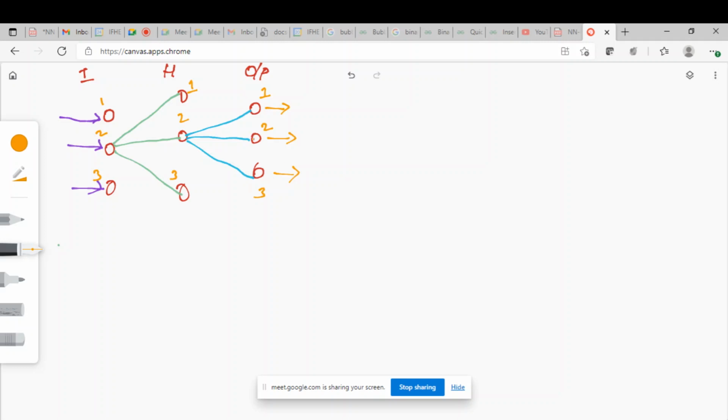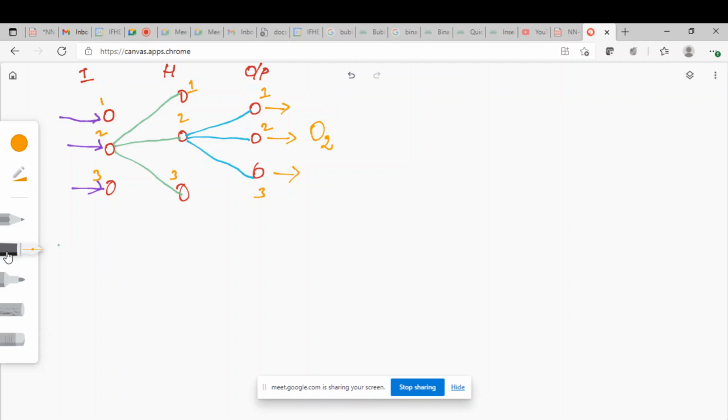So this gives an output. Output in the sense it is a result of the activation function. There is a tan sigmoid activation function. As a result of that, it gives an output. So let us assume that output as O2H. Why are we calling it O2H? Because it is the output from the second neuron. Sorry, we'll call it O2O. This particular output we'll call O2O.